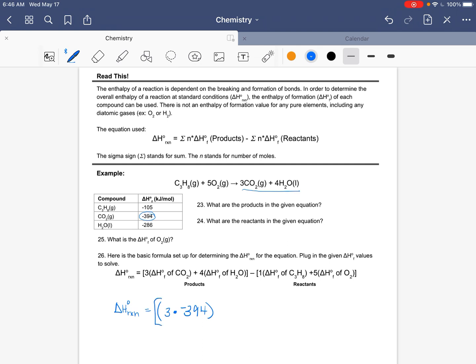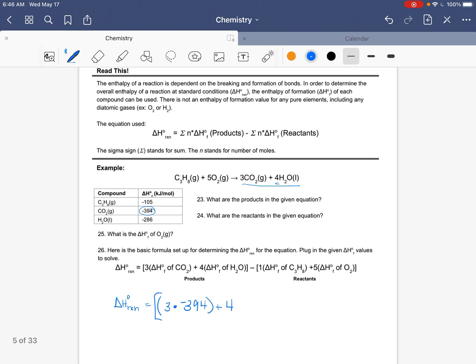And actually I'm going to put all of this in brackets, my product side, plus, because it's the sum of, plus 4 times the enthalpy of my water formation, which is negative 286. Okay, minus my reactants,